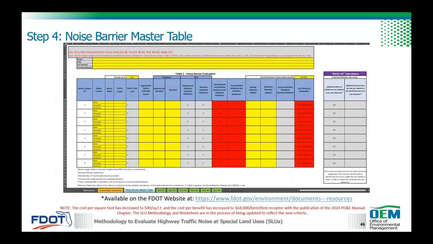Moving on in the special land use worksheet, we have already discussed the preliminary screening tab earlier in the presentation, so we'll go ahead and skip that tab. But moving on to the next tab is the noise barrier master table tab, shown here on the screen. So all yellow highlighted cells shown here should be filled in by the noise analyst. For each height evaluated, typically 8 to 22 feet in 2-foot increments, the noise barrier location, that is whether it's found along the right-of-way, or along the roadway shoulder, or perhaps on structure, that should be indicated